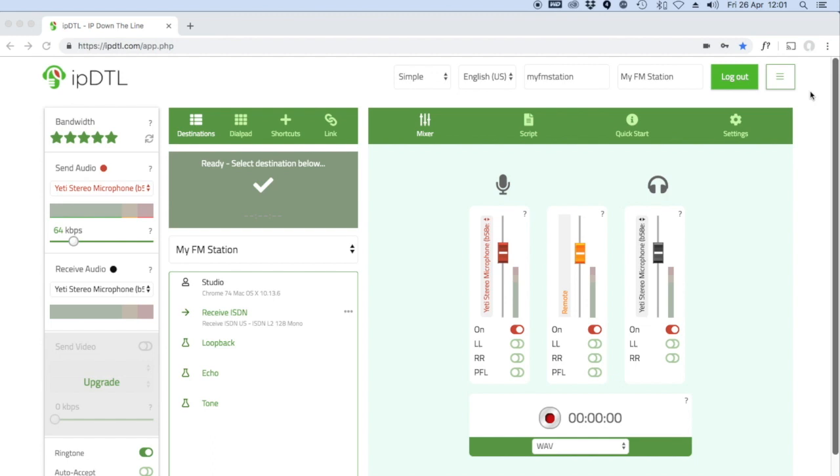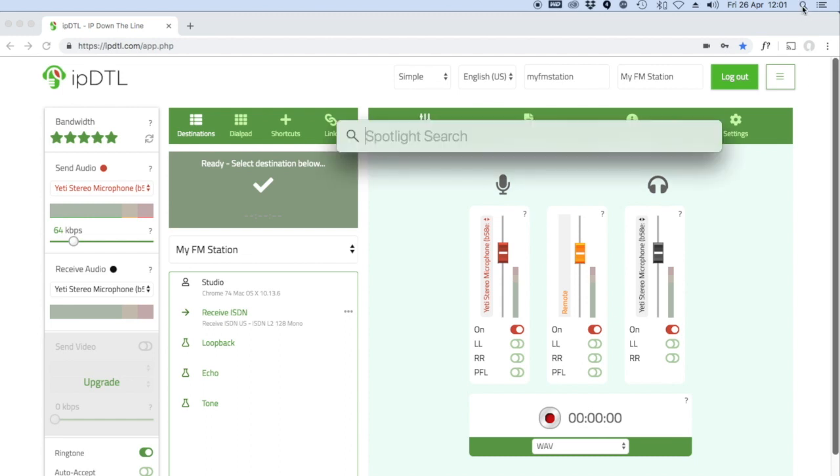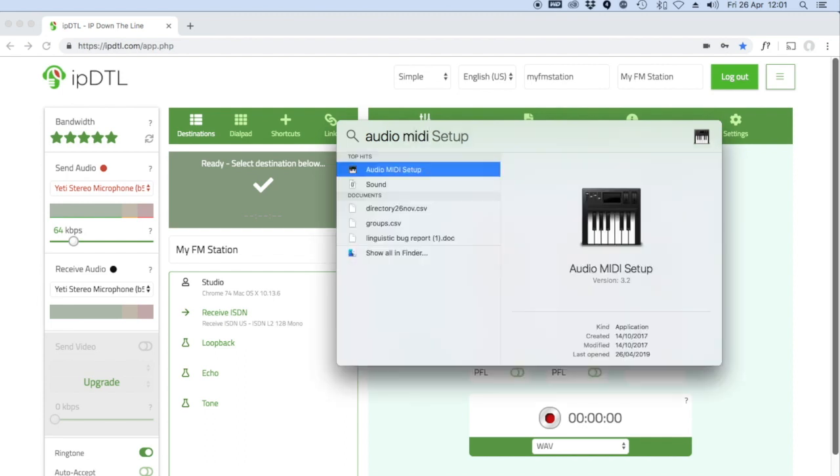In this quick tutorial, I'm going to show you how to change your sample rate settings on a Mac. Sometimes, unknown to you, other software will adjust your sample rate settings. In the Spotlight up in the top right hand corner, I'm going to type in audio MIDI, and this brings up Audio MIDI Setup. So I open that up